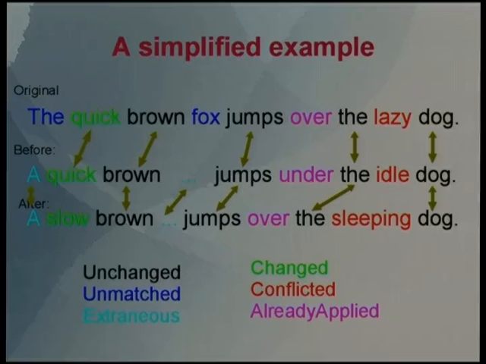It also found some unmatched stuff. So the blue stuff here again is unmatched. It's bits that were in the original, but it didn't find a match for in the before, but also at that same point, there's no difference between the before and after, then that is unmatched. Similarly, if there is a matching bit that may be empty in the before and after, that is then an extraneous. So you often see unmatched mapping with extraneous.